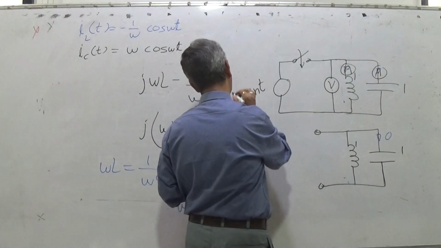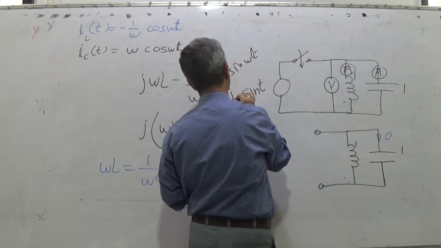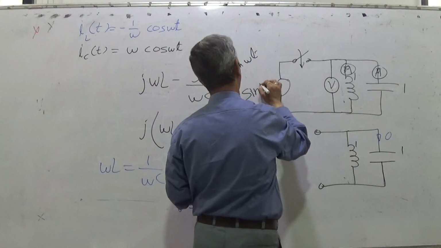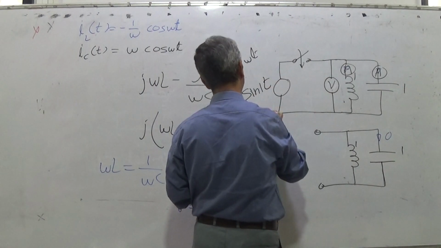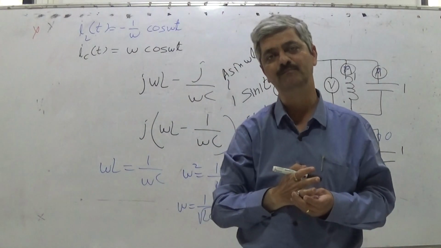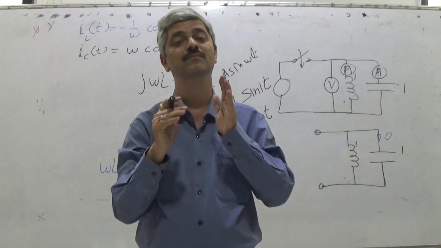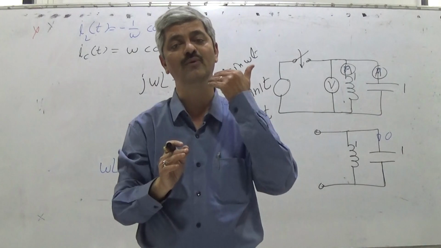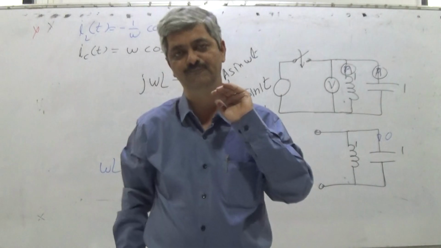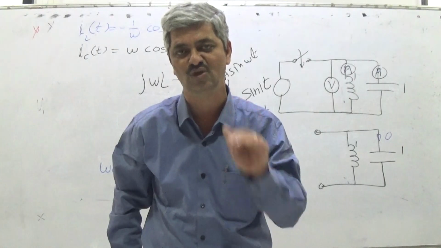It is A sine omega t. A is 1, and 1 sine 1 t means sine t. So it is a 1 volt peak, and omega 1 means frequency 1 upon 2 pi hertz. So a sinusoid waveform of amplitude 1 volt and frequency 1 upon 2 pi hertz is called sine t.